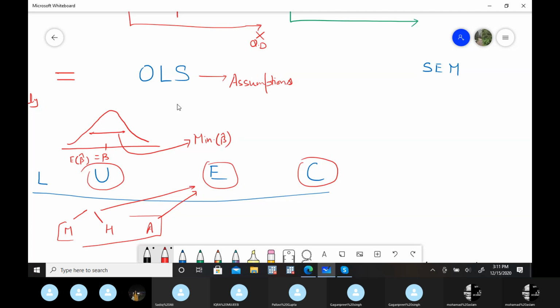Either it's model specification, heteroscedasticity, multicollinearity, or autocorrelation. Every time we are dealing with these two or three issues. So in general, these are the only four or five things that you have to worry about. So you just have to understand how that thing is impacting it. Like in multicollinearity, hetero and auto, what are these problems and how are they affecting these outcomes. That's what we are studying, and what the remedial solutions are.